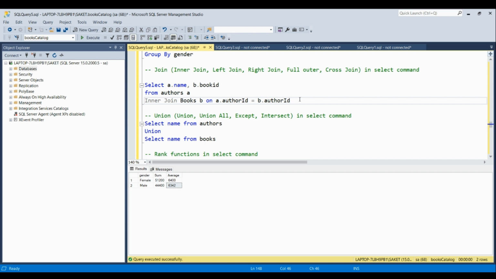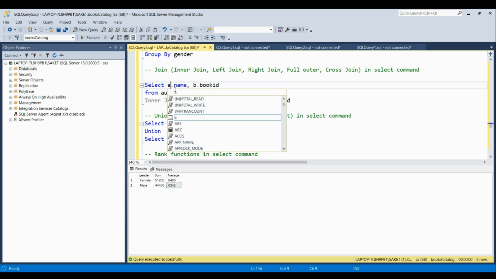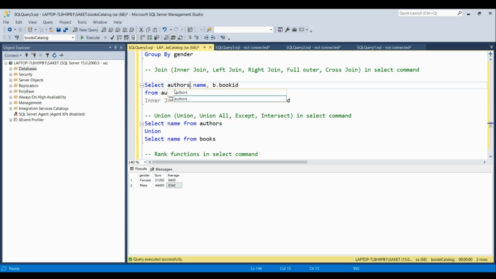So here we can see select a dot name comma b dot name from authors table, and in place of authors we give a name as a, so it is equivalent to writing authors.